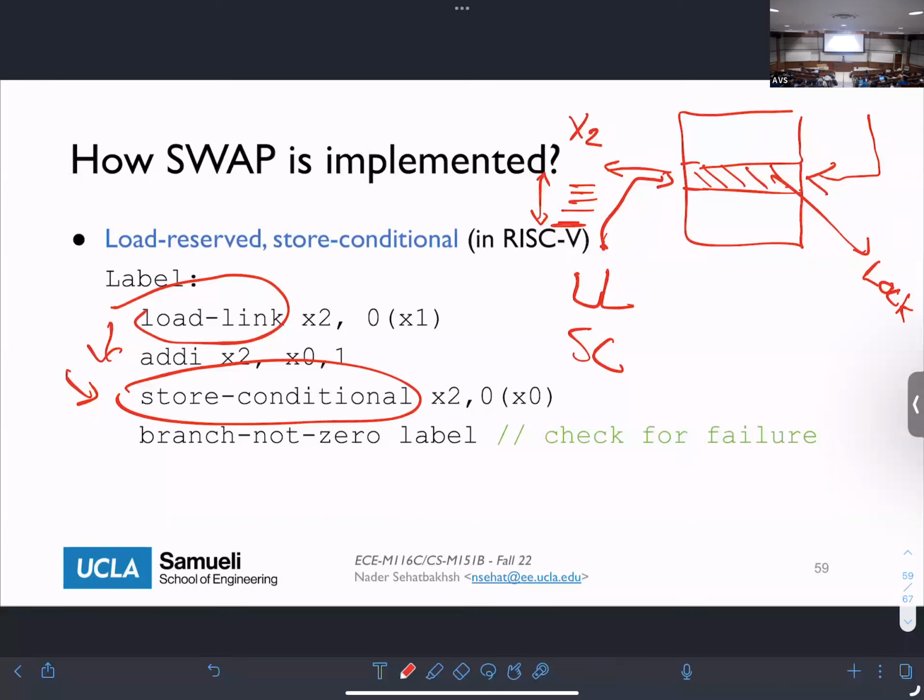Okay, so the load link and store conditional is actually what's been implemented on RISC-V, again, at the ISA level, so there is hardware support for it. And all it does is basically tell you that if you read something that's been updated, you cannot write to it. You have to just discard it. Okay, so the store doesn't always happen. It's not guaranteed that it's always happening. Does that make sense?